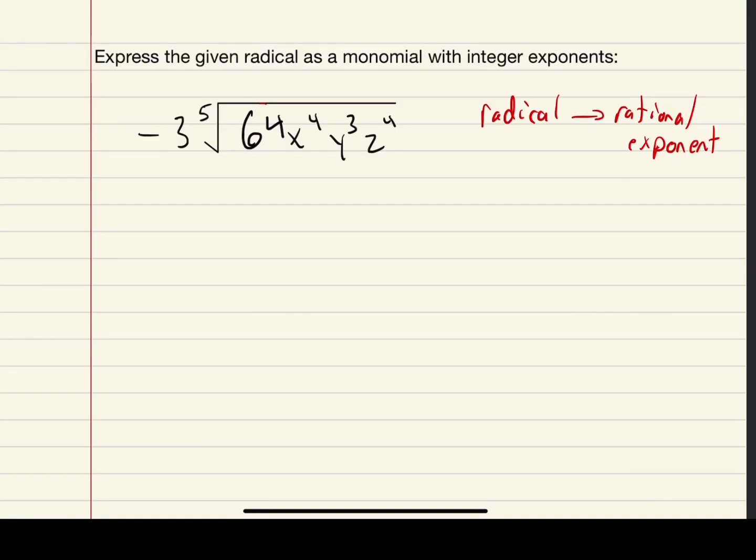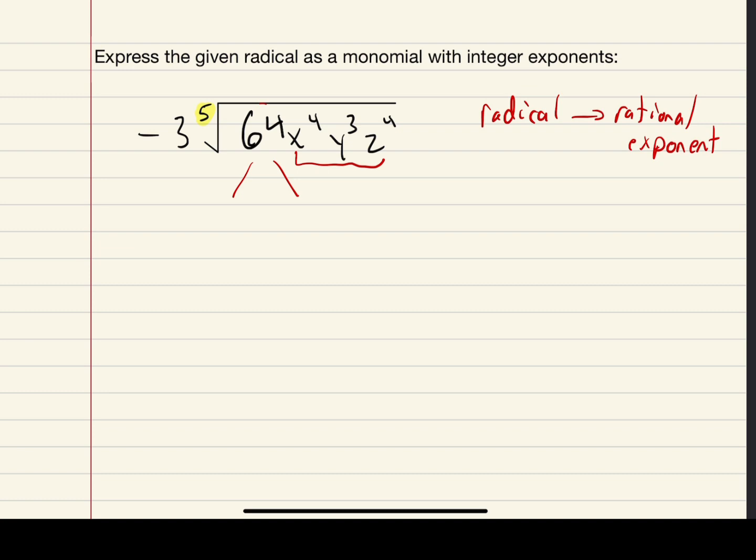So let's say we're asked to express the given radical as a monomial with integer exponents. We're basically asking you to convert the radical to a rational exponent. So what I'm going to do here is simplify as much as I can inside the bracket. Remember that this is a quintic root, so we're only interested in that which could give us a repeat in